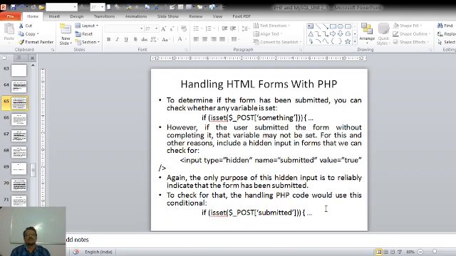The name of the hidden input is referenced in $_POST in order to check whether the user has submitted the form or not. So we can achieve the handling of the HTML form and the processing of the data within a single script instead of using two different scripts.